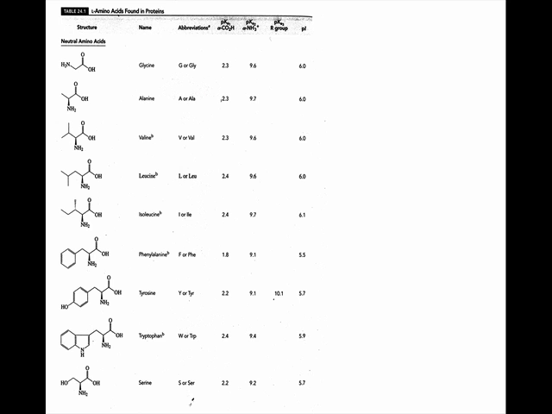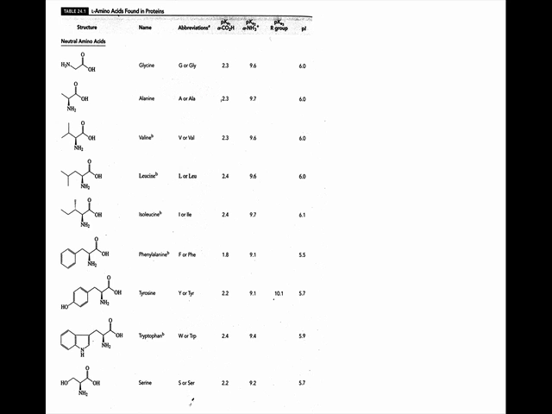Then you have isoleucine. What does iso mean? Different? Yeah, it's just an isomer, right? If you look at this, leucine and isoleucine have the same molecular formula. It's just that this methyl group has been moved over here, and now you have two chiral centers in the molecule. So how many possible stereoisomers are there for isoleucine? There are 4 possible stereoisomers, right? 2 chiral centers, 2 squared, right?